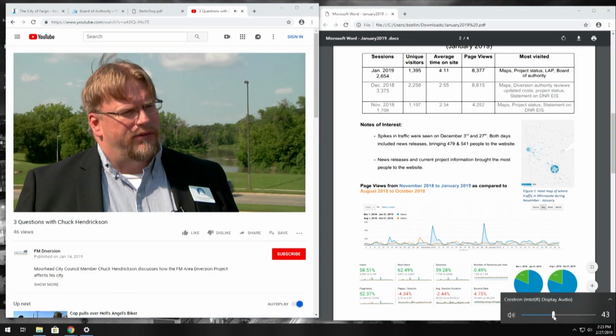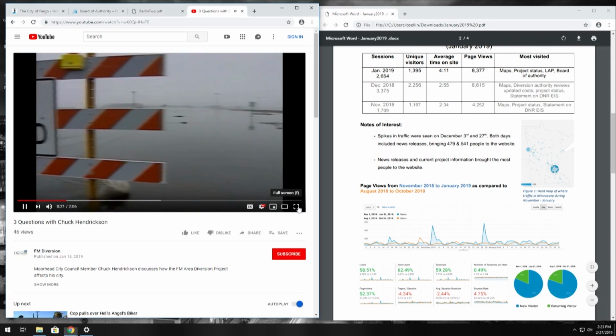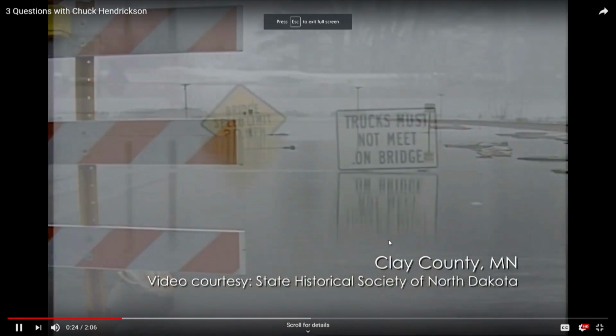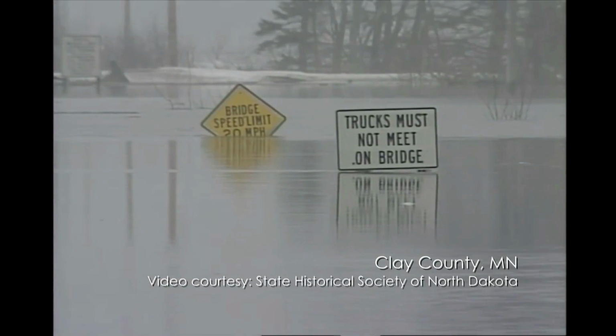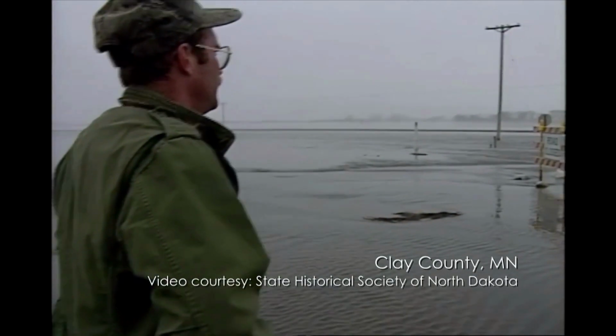They're closing hospitals and highways, and we were kind of flipping a coin, wondering if we should go back up to Rose Road and War Road and have the baby, or over to Fergus Falls. And we decided to stay put because they were closing every road except for the interstate, and that was next. And they were clearing out the hospitals. And you know, I wasn't for the diversion right away, but I started reading into it and started studying. And it is a good plan. It's the only plan that's going to work. And my wife and I had a long talk one night about what happened in 2009 and how worried we were that we were going to have to leave home to go and have a baby.